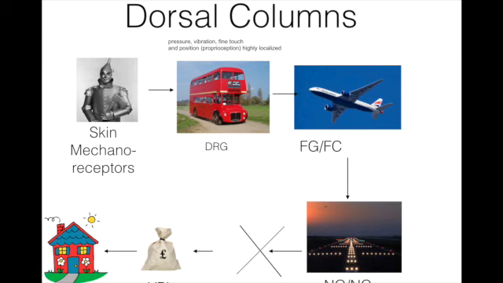You probably have already heard of the Tin Man in The Wizard of Oz. So the mechanical Tin Man gets on the bus, the dorsal root ganglion, and then gets on the plane because he really doesn't want to walk all the way down the yellow brick road. He gets on the plane, the fasciculus gracilis, fasciculus cuneatus, and then projects to the nucleus gracilis, nucleus cuneatus, where he lands on the runway high in the